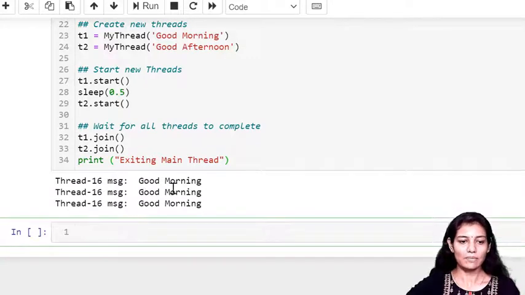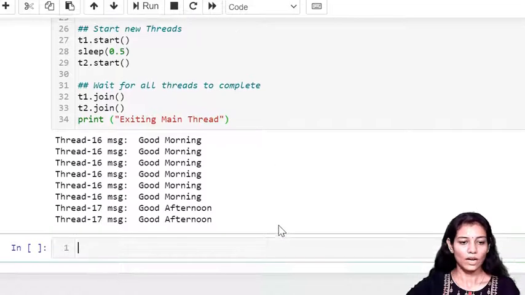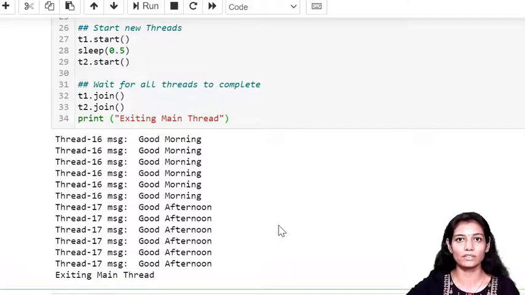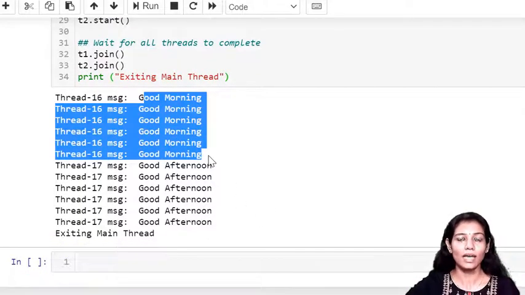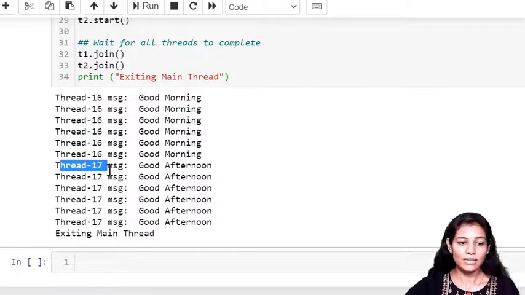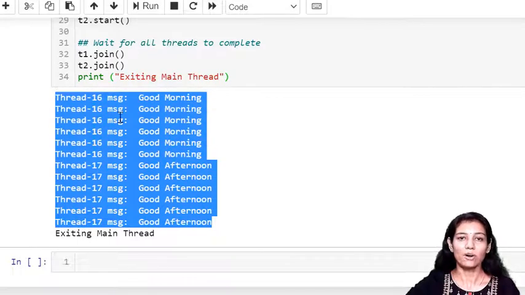So thread 16 and message is passed. Now there is no overlapping between 16 and 17. These two are different threads. Once 16 is executed, it will complete its work, and only then, once it releases the lock, can thread 17 start working. So we have gone back to the sequential process,